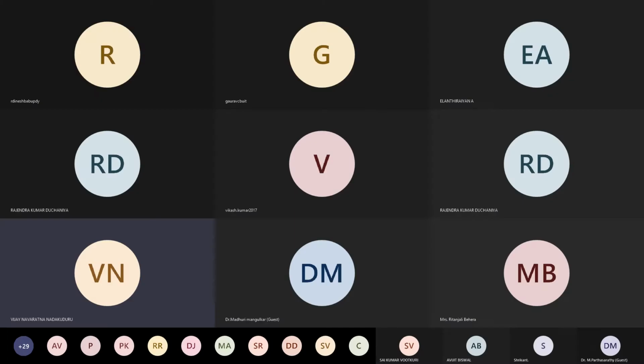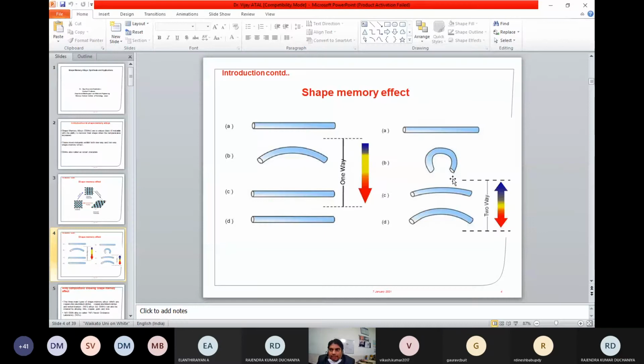This will be happening above the austenitic finish temperature. When a material is above its austenitic finish temperature, which cannot be fixed and depends on the alloy composition and type of alloy you use, then at that particular temperature, if the material is deformed,